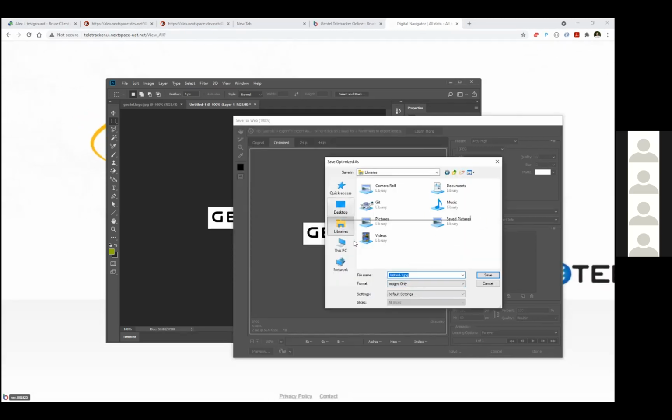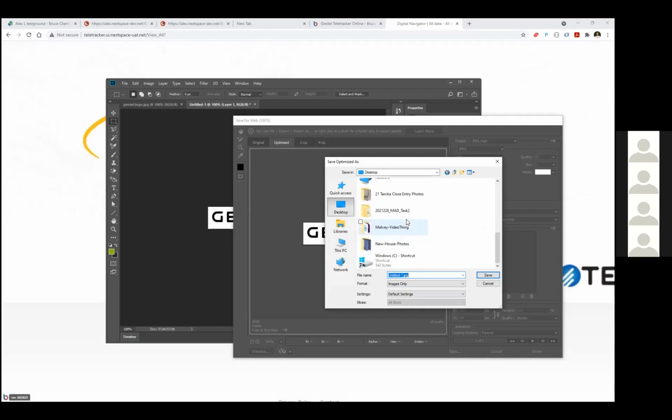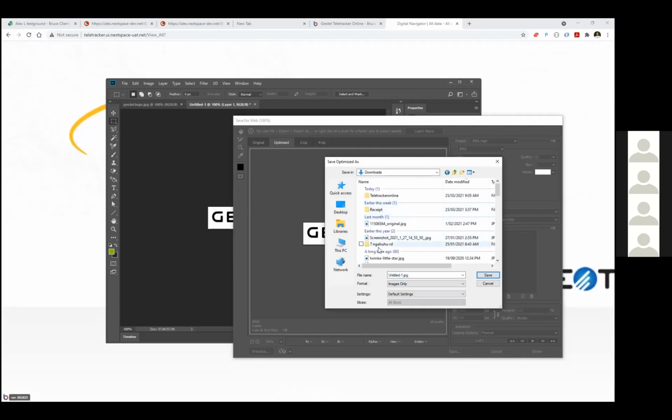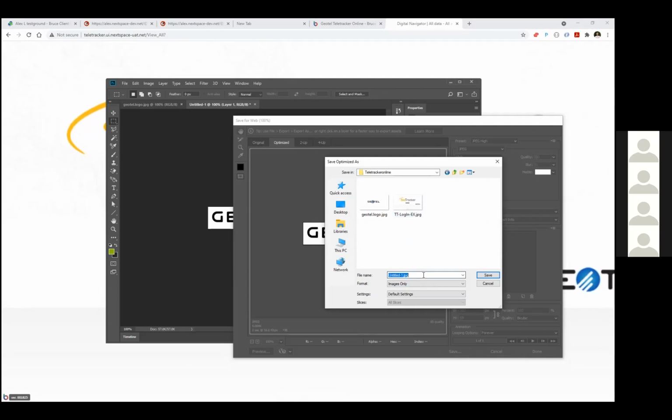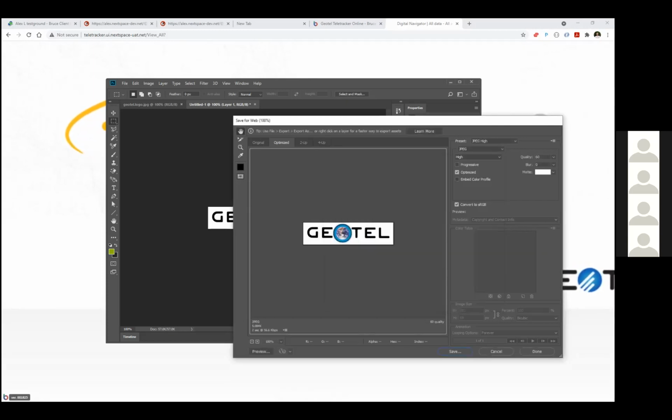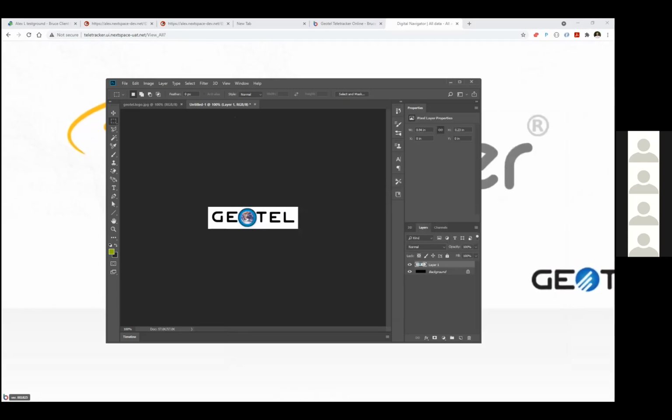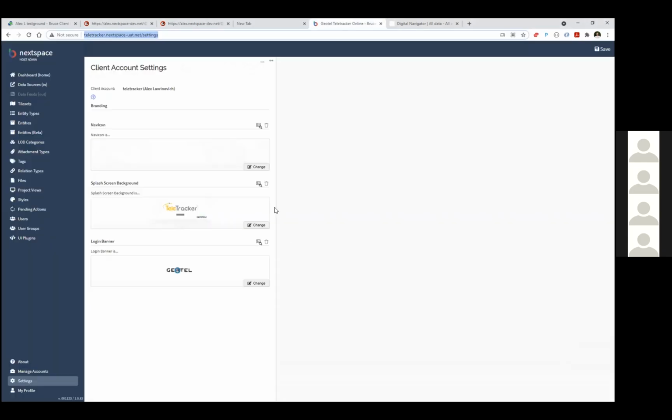So what I'm doing here is, I should have downloaded it somewhere. Yeah, downloads. TeleTracker online. So let's say login and stream. All right. So now we go back here and say change, and let's say the logo trimmed, upload, and go